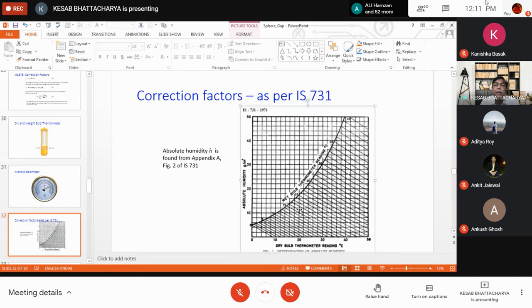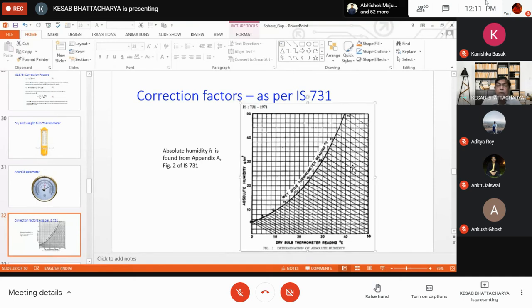Now, for a particular reading of dry and wet bulb thermometers, what all you have to do? You have to find out the point of intersection for the dry and wet bulb thermometer readings on a day, and from that point of intersection you have to move horizontally so as to meet this particular axis, which is the axis that specifies the value of the absolute humidity in gram per meter cube, that is H in our equation 2. So, is that clear how we can find out H?